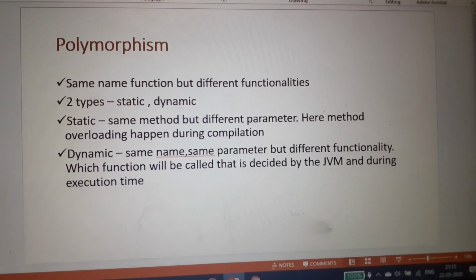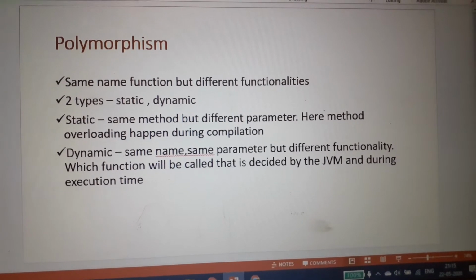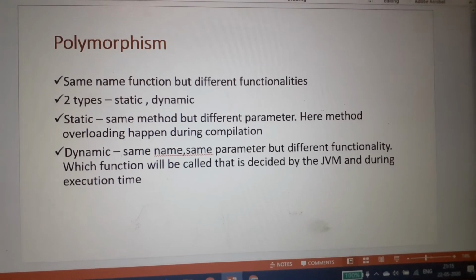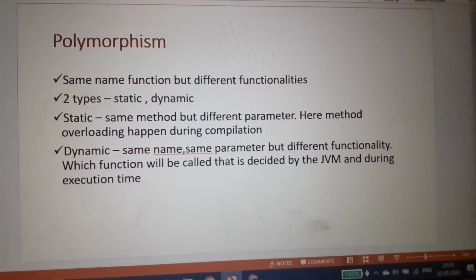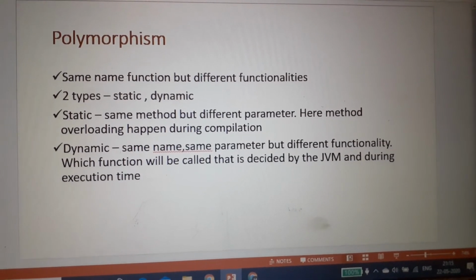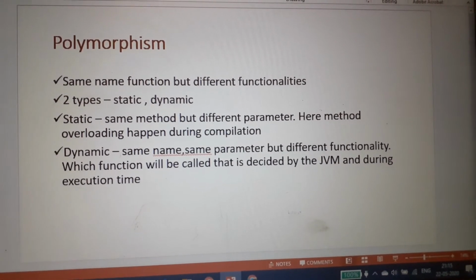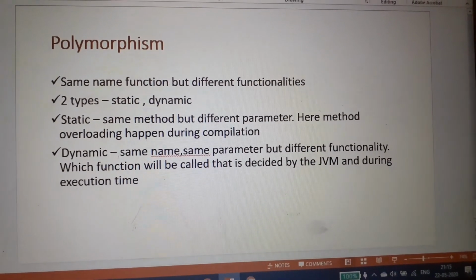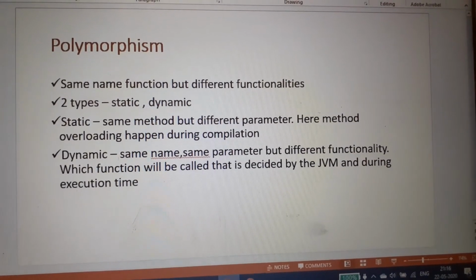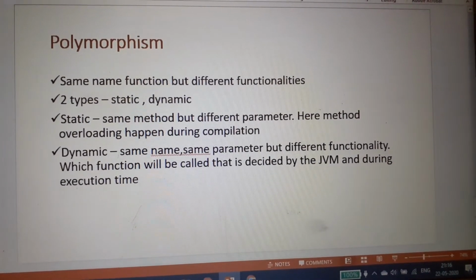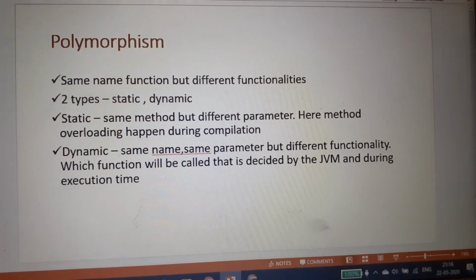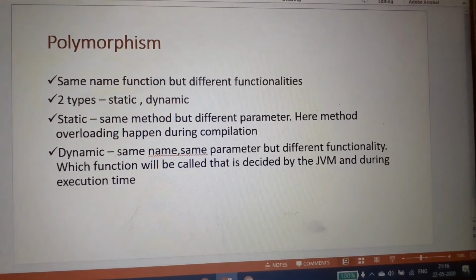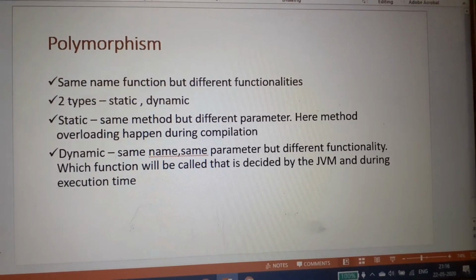There is another kind of polymorphism, that is dynamic polymorphism. In this case, the same name and same parameter types are used, but the internal functionalities are different. Suppose a subclass has called one function of the superclass. It has used the same name, same parameter, but I have changed the function body. So the functionalities are different here, but the name and parameter are the same. Now it will cause confusion during compilation time. Which method is being called? Is it the parent class method or the child class method?